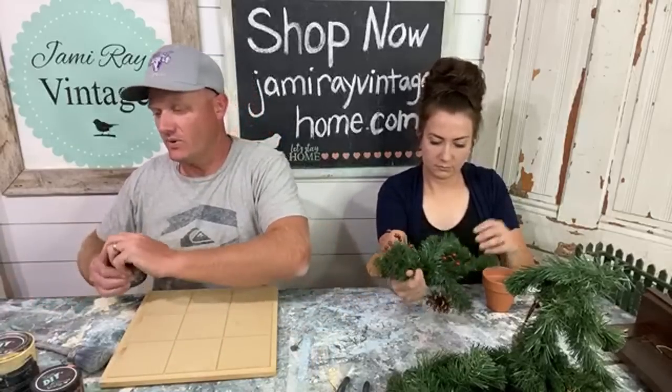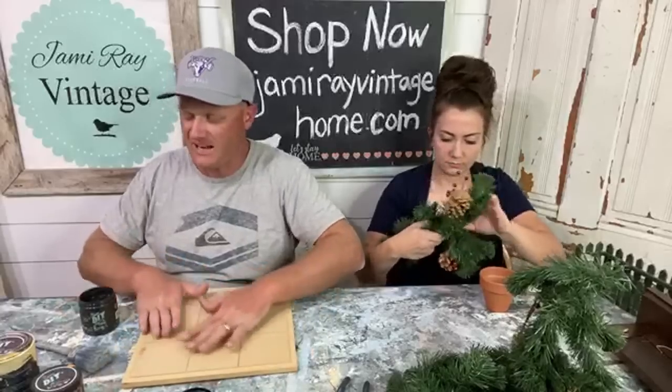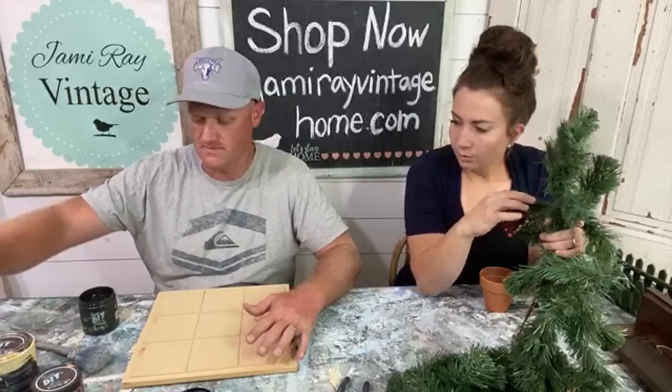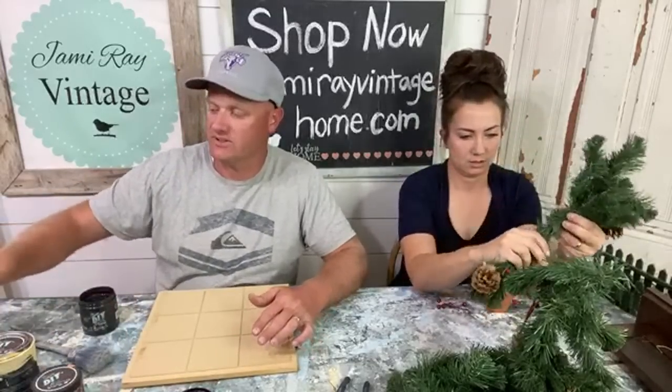All right, so I've got black velvet here. We're gonna paint the edges of this. Actually, I think I'm gonna paint the... What color do you want your center to be on yours? White. Okay. And then I want black on the edges. Okay, I'm gonna paint the center first, and then...